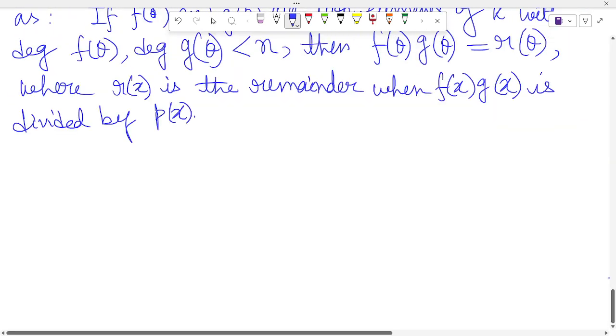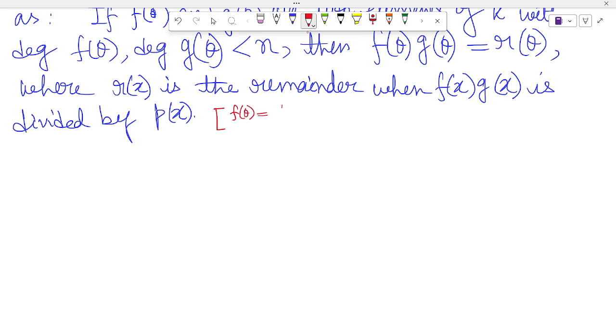Right? See, f(theta) means f(x) plus the ideal generated by p(x). g(theta) means g(x) plus the ideal. So f(theta) g(theta), by the proper formula of the quotient ring, that will be